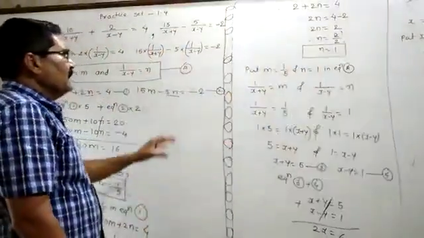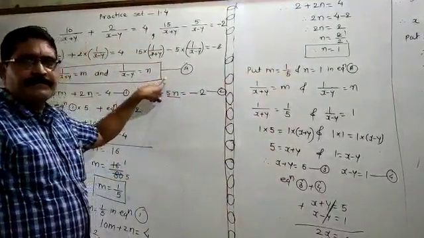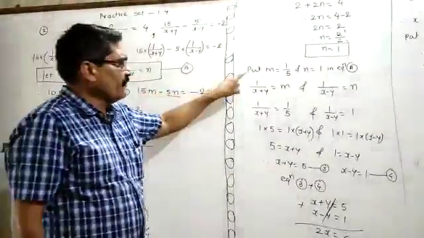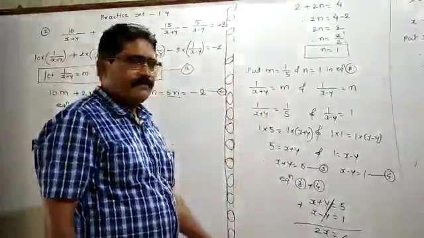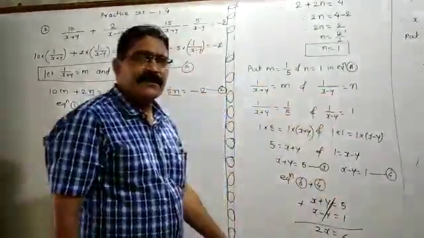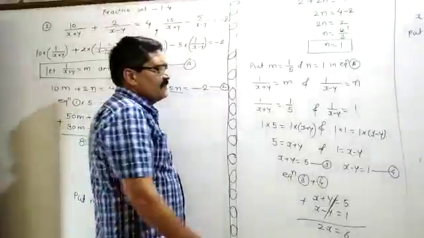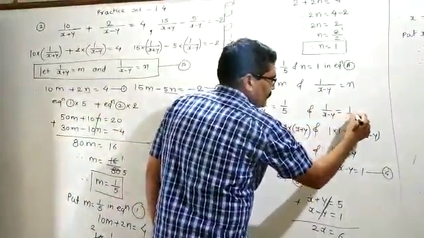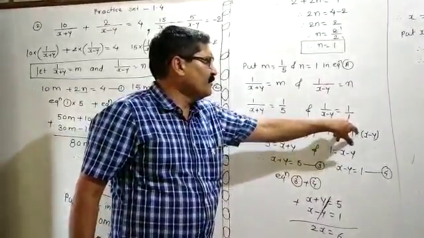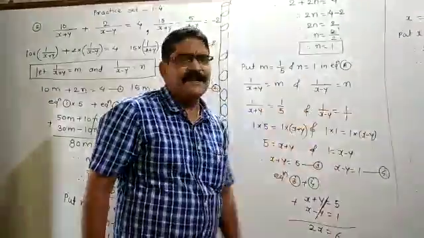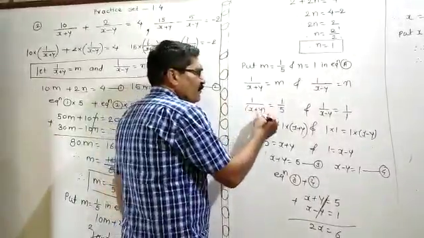You have to put this m is equal to 1 upon 5 and n is equal to 1 in equation A. If you put these values here, m in equation A, 1 upon x plus y is equal to m and 1 upon x minus y is equal to n. So you have to put this m as 1 upon 5, n as 1, and this 1 means 1 upon 1. Then you have to shift the denominator to this side, shift that denominator to that side. Here also shift this denominator to this side. Means the whole term you will shift.